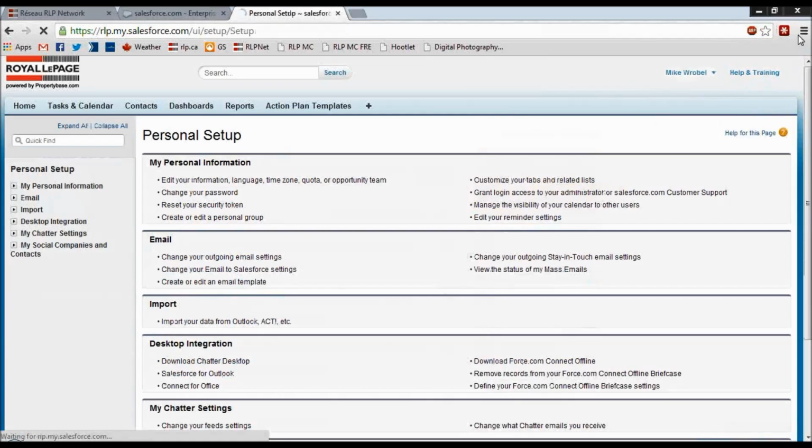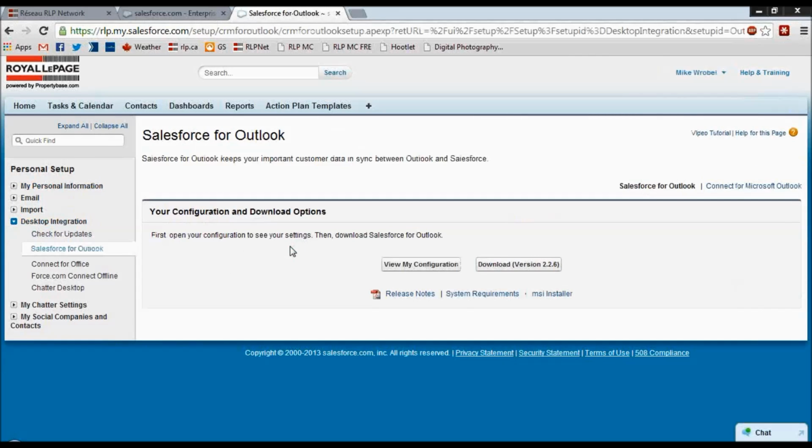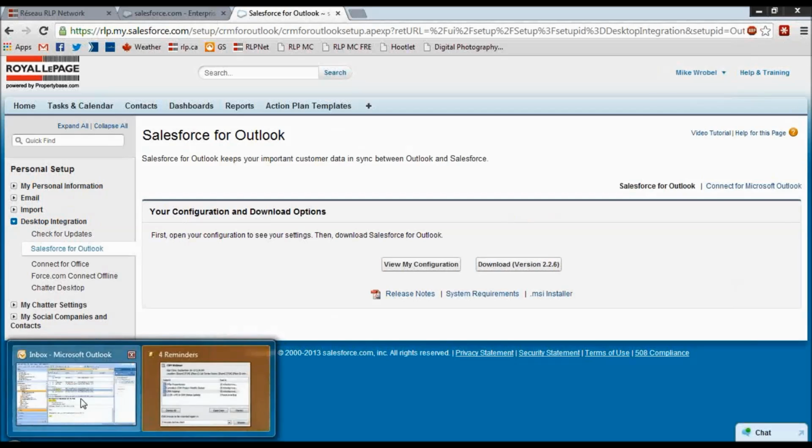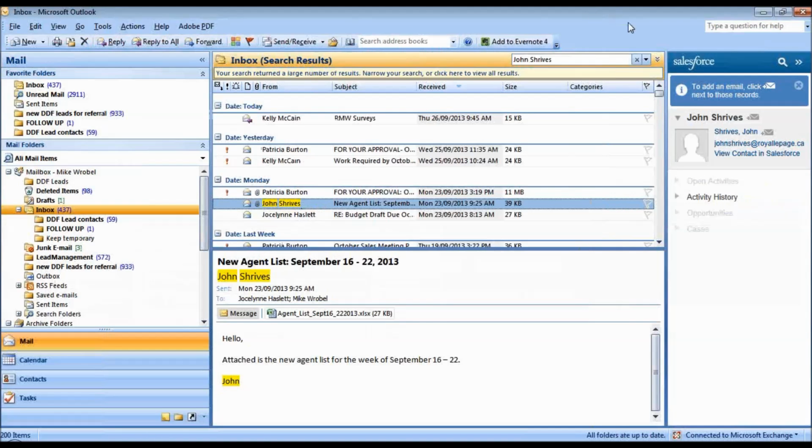I'm going to go back into my setup here and talk about desktop integration. So as you'll see, desktop integration here. I clicked my name on the top right and Setup. There is Salesforce for Outlook. As I mentioned, Salesforce integrates with Outlook so that when I'm in my Outlook and I am looking at a contact that I have, you'll notice here, John Shrives, I have the Salesforce tab on the right side, which shows me